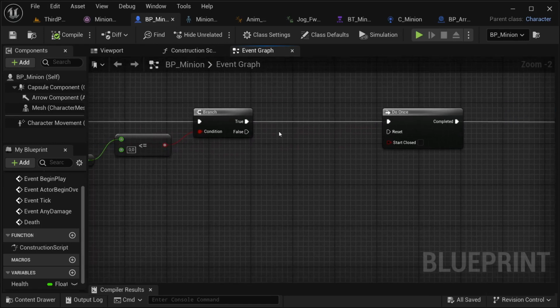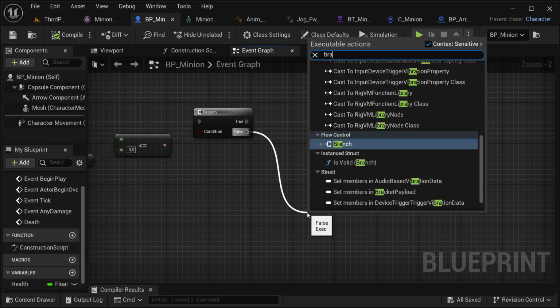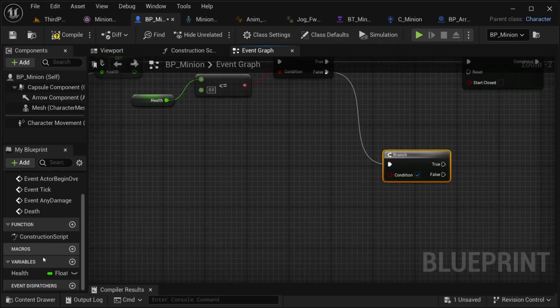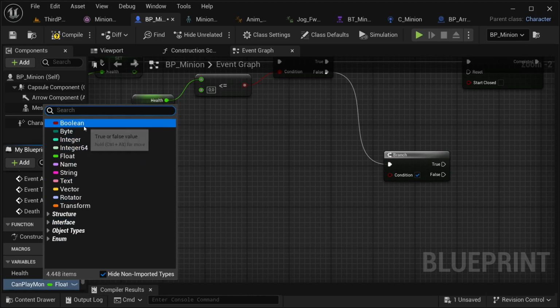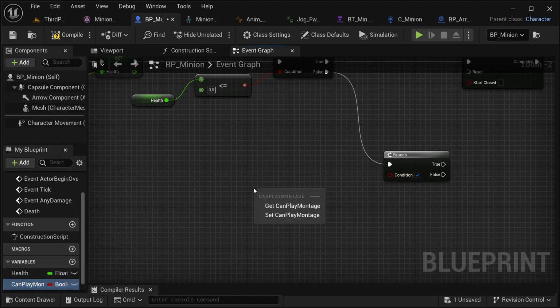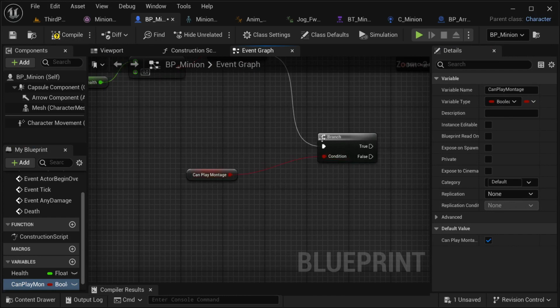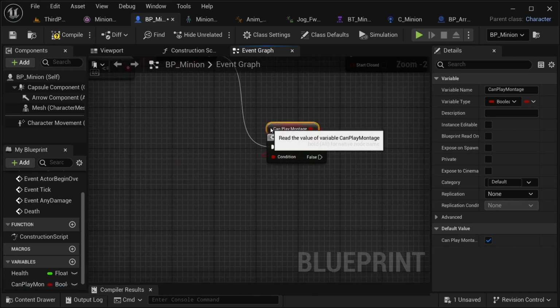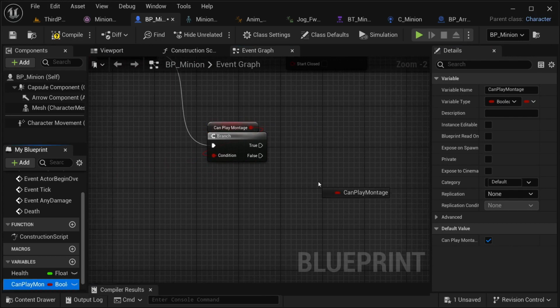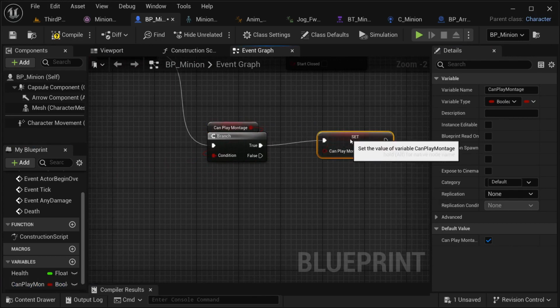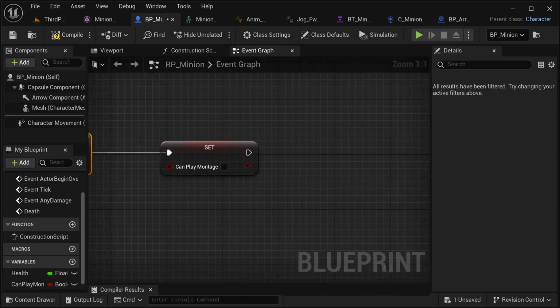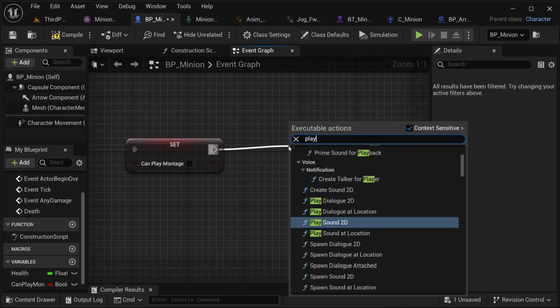So for that, I am going to have to create another branch in our files, and then I am going to be creating a new variable called can play montage, so that I know when he is able to play a montage or not. Then I'm going to get this over here. By default, I am going to be setting this to true. And if he can play a montage, then I am going to set this to false on the start, so that it's going to be blocked over here. And then I am going to play montage